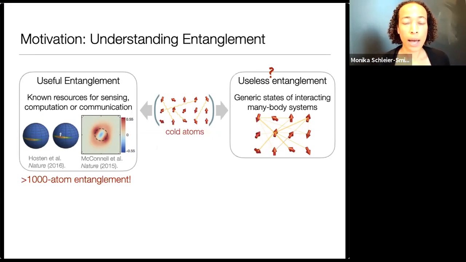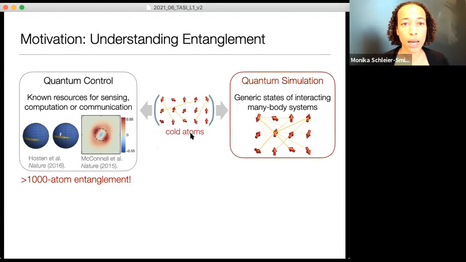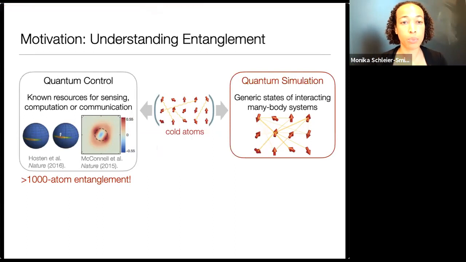And so while one area that my toolbox of cold atoms is used for is quantum control, making specific entangled states that we know how to use, another area is what I would call quantum simulation, which is realizing some perhaps conceptually simple form of interaction, but nevertheless the interactions can give rise to complex entangled states that we would like to understand, perhaps because that type of entanglement shows up in the physics of strongly correlated materials, perhaps because if we understood it better, it might be a resource, let's say, for computation.